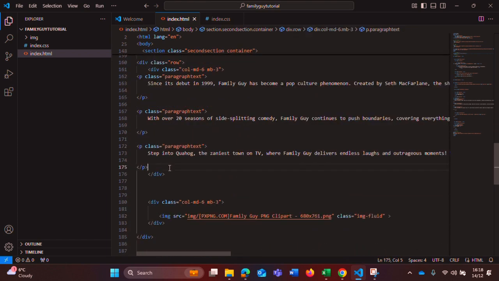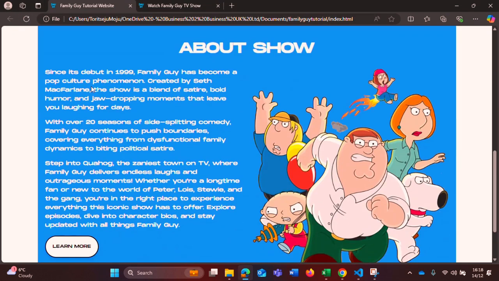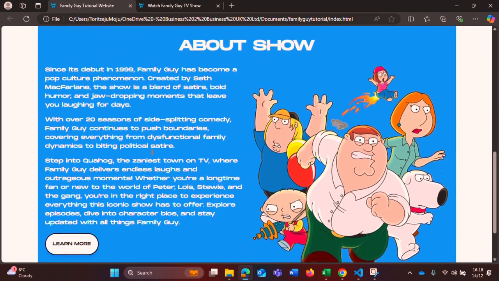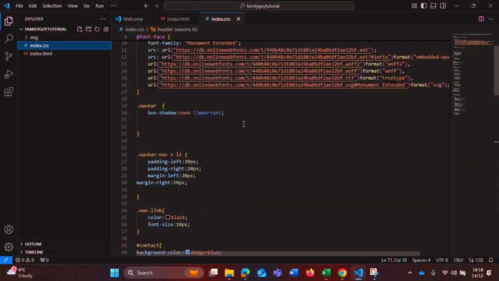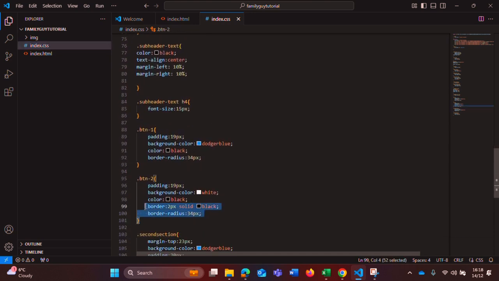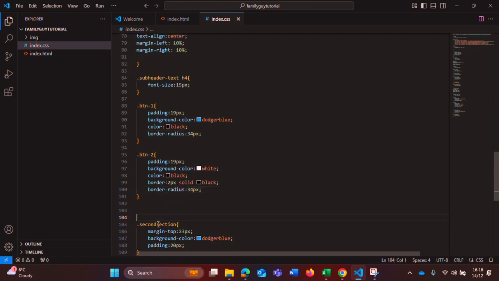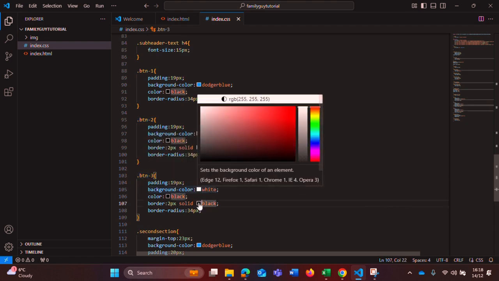Let's place it directly under here. Yeah, that's fine. Or if you want to just create your own button, you can create your own button if you want. So just like we've done that here, BTN 1, 2, and the rest. I don't want that border to be there, so I'm going to take out the border. But this will be for a different BTN. This will be BTN 3, as we have named it there. So BTN 3,